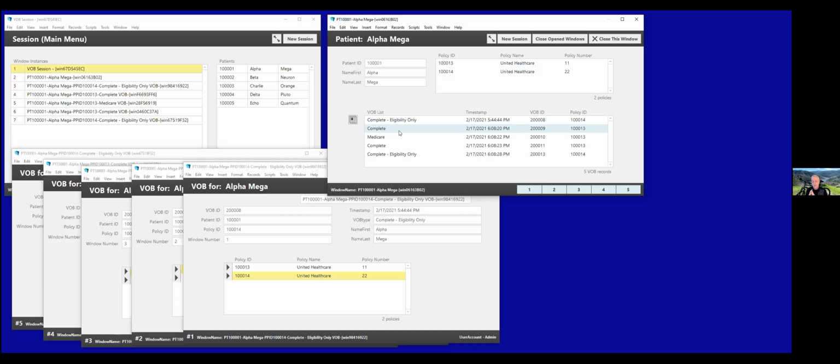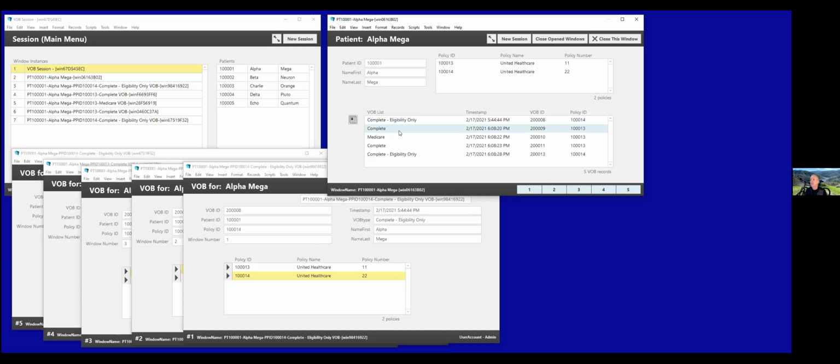There's literally thousands of objects on the VOB screen. I'm not showing any of that, but we're at what's your deductible, and where do you live, and is your insurance covering you where you live, or is it in a different state, and have you moved, and who are you related to, or